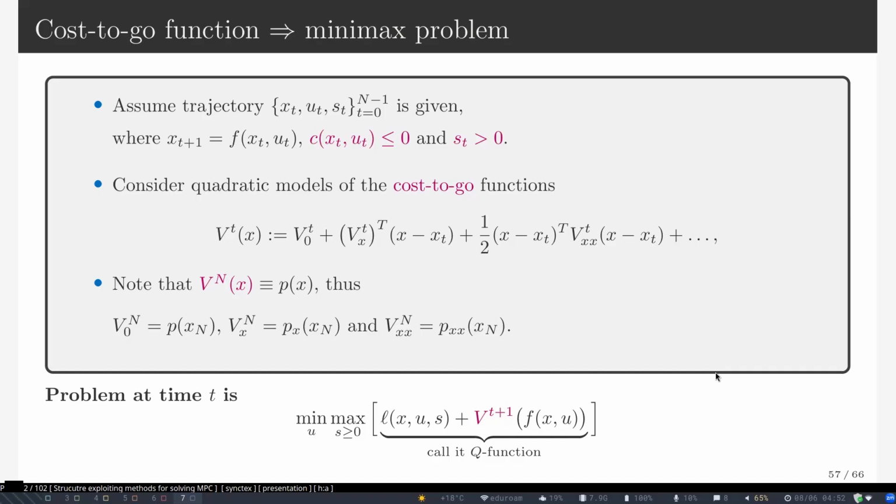These are my dual multipliers. Now V, if I write its Taylor expansion, has high order terms, but I truncate it as a quadratic function. So I use the quadratic model as my cost to go. And how do I construct the model? I start from the end. So Vn is the final value function. As I said, to go backward in time is exactly the same thing as the terminal.